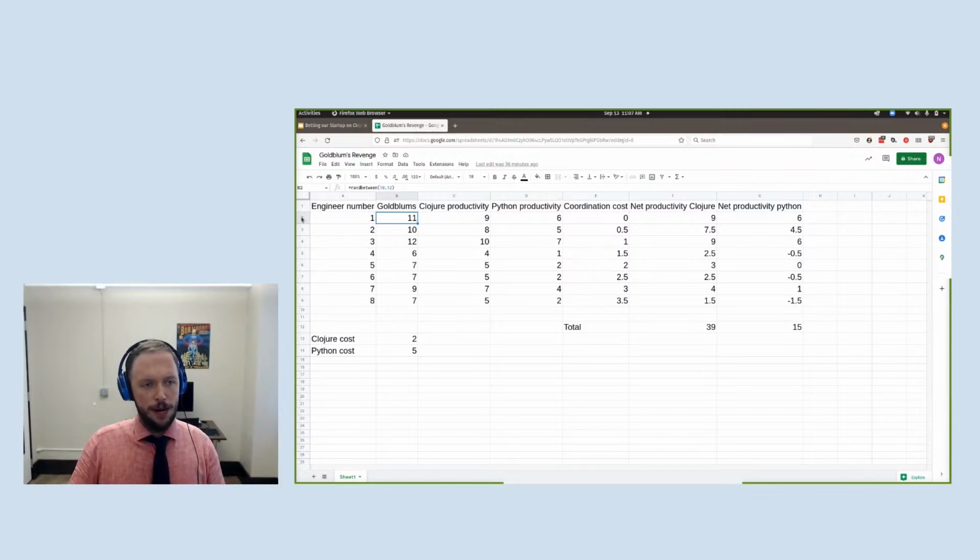So I'm taking for granted that your first few hires you can maybe know more about, and I'm saying that somewhere between 10 and 12 Goldblums are the early engineering hires. But as you keep growing the team, you of course do your best in your hiring process to find the best engineers, but you still can only know so much. So I just have it as a random, somewhat lower number from engineer 4 onward, between 6 and 10.